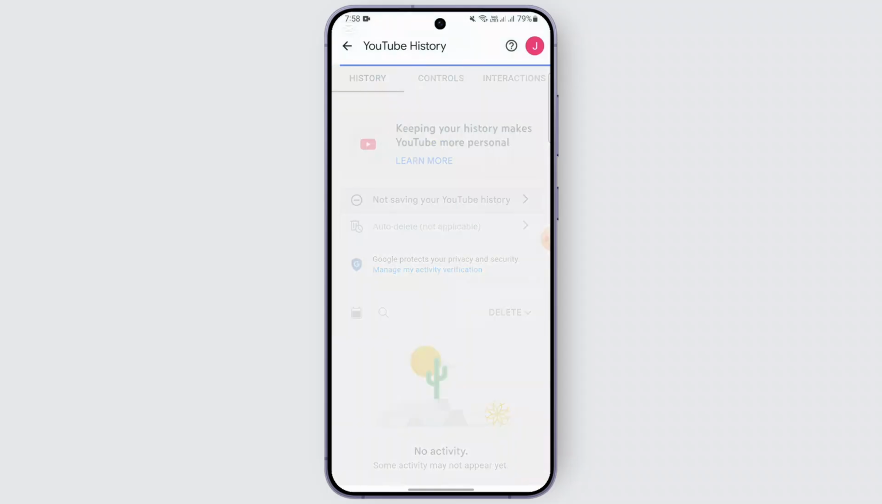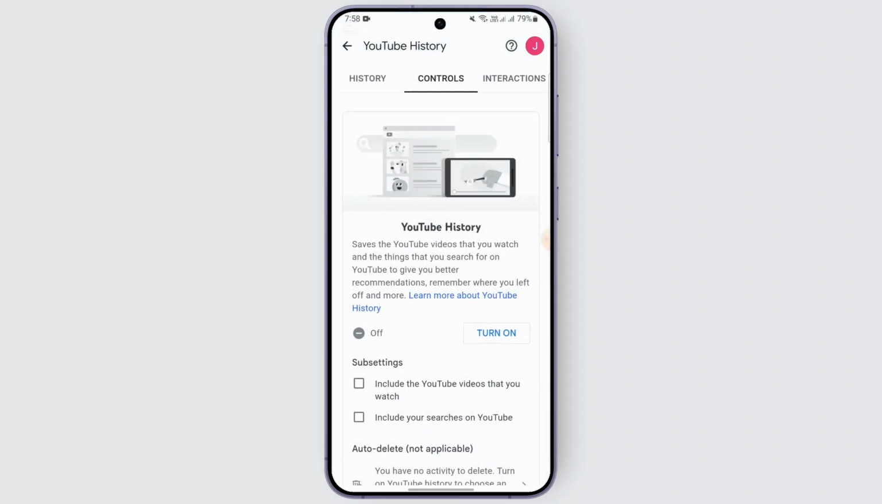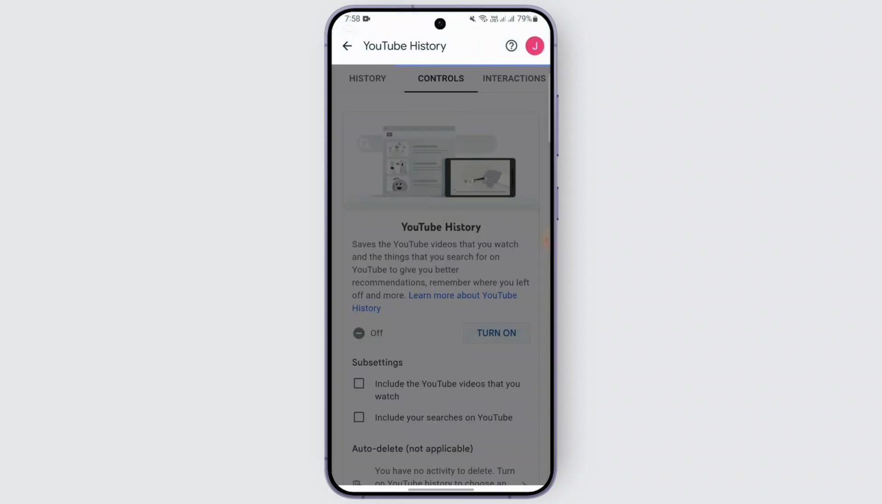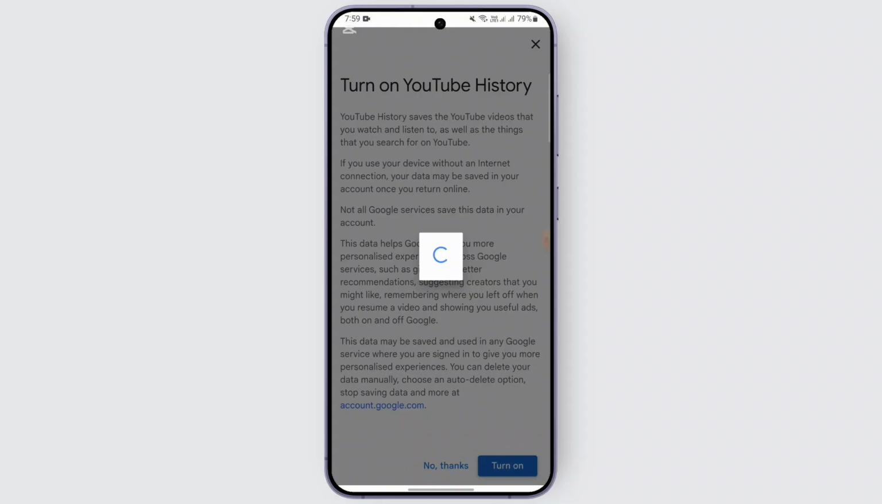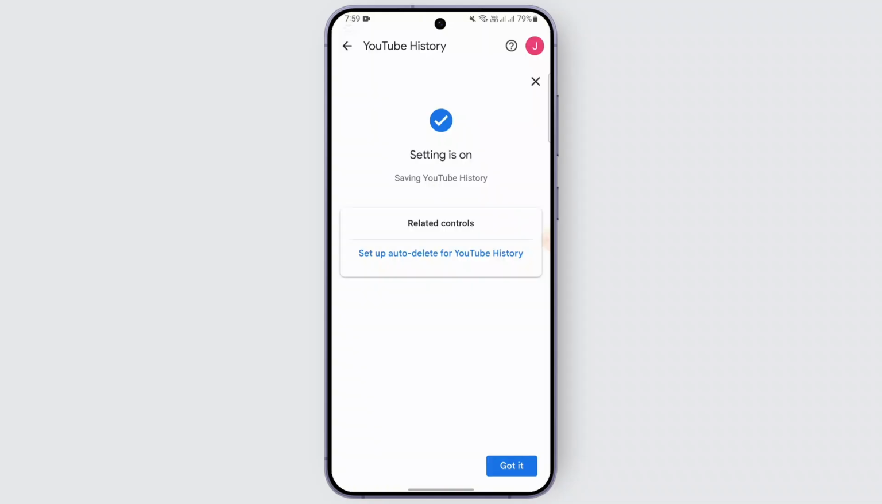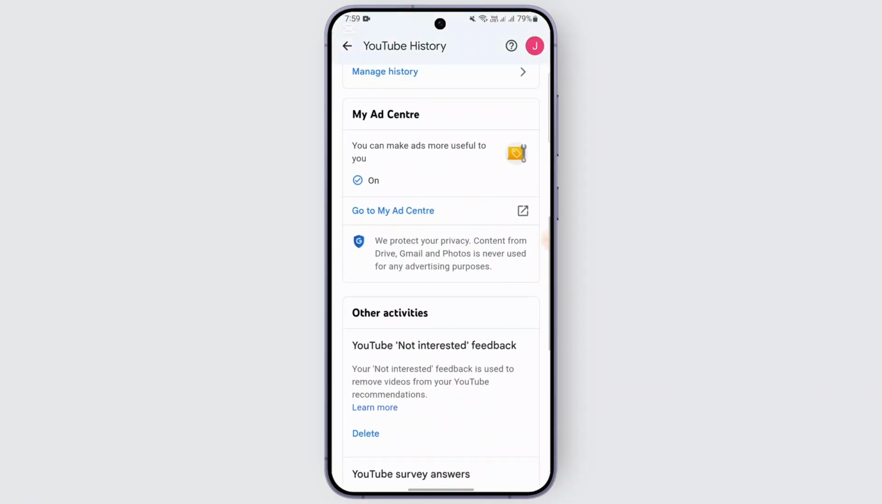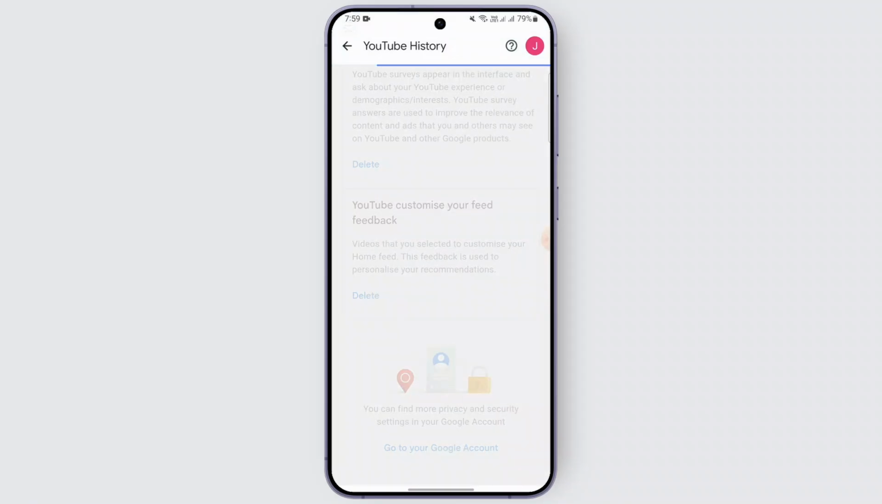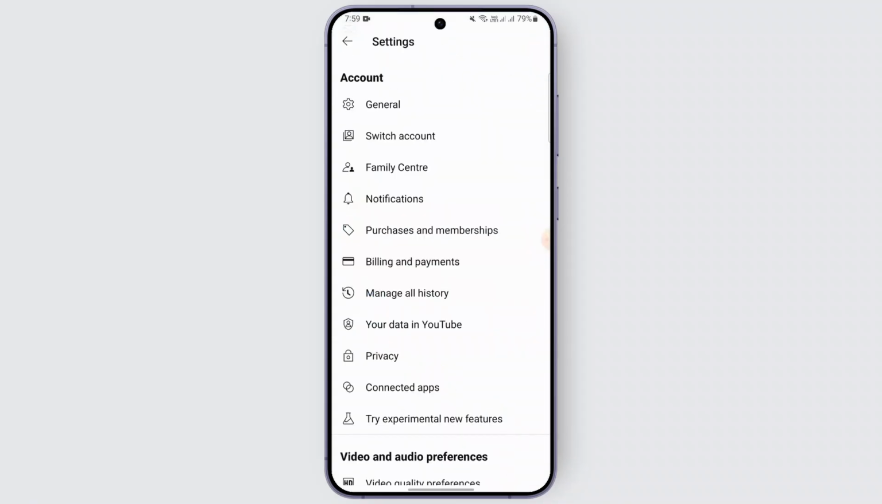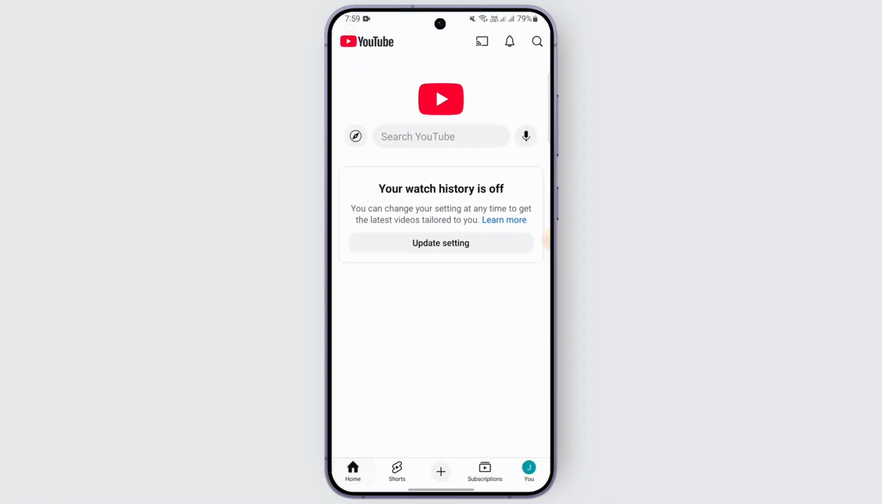Just tap on it, and when you tap on it, you can find this turn on option. So just turn it on, include the videos, and read the terms and conditions if you want. After that, tap on got it, and your history has been turned on. And after that is done, just get back to YouTube, and when you go to the home page, your